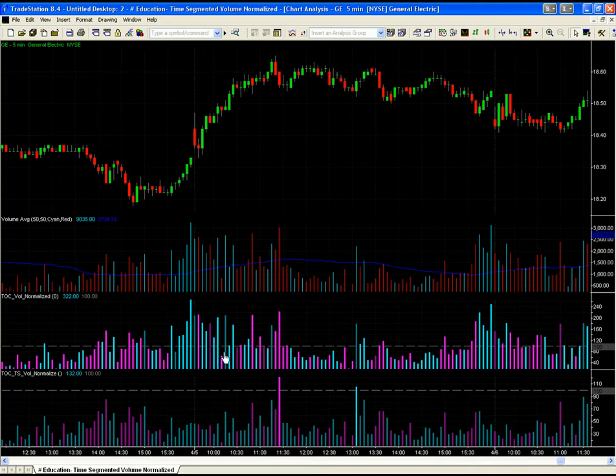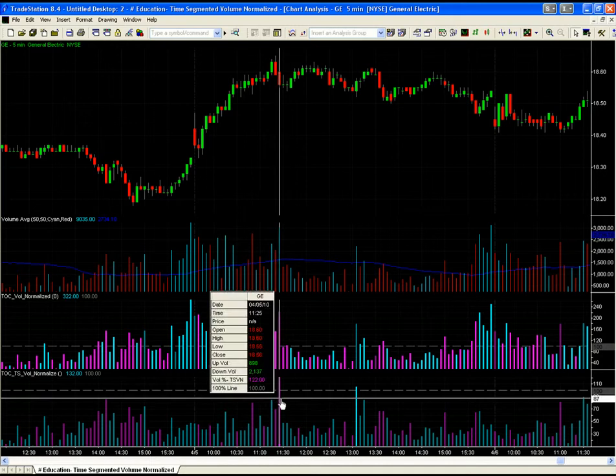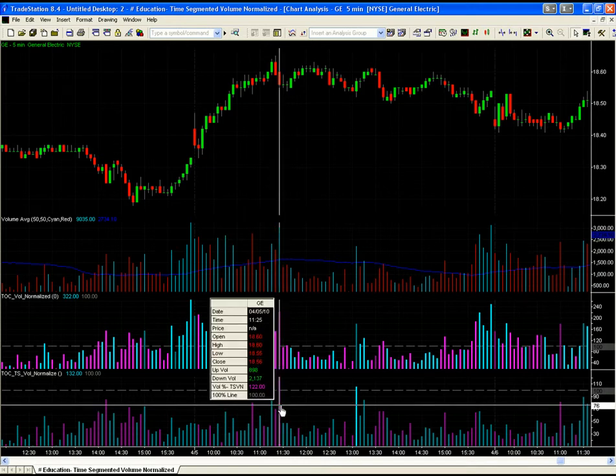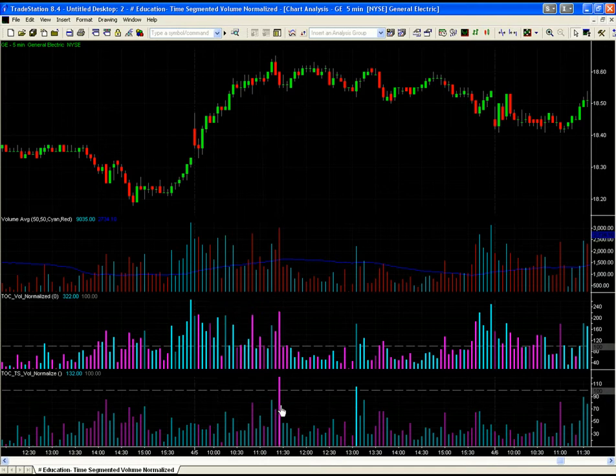Now you get to look below this and see, oh, we had a very low volume in General Electric on the open of that day. There was like nothing there until we had kind of a blow-off volume, kind of a change in direction from the upward move to the short volume that occurred here, with a big volume spike being 122% of normal volume for that time,